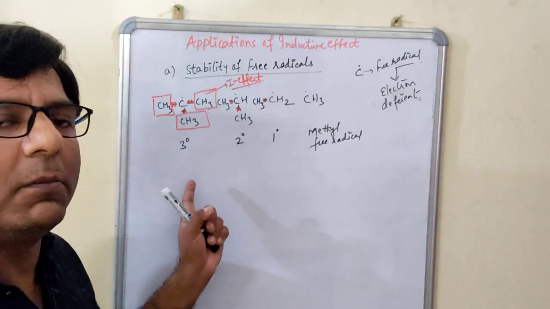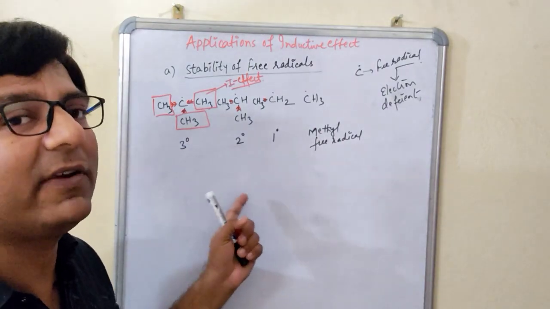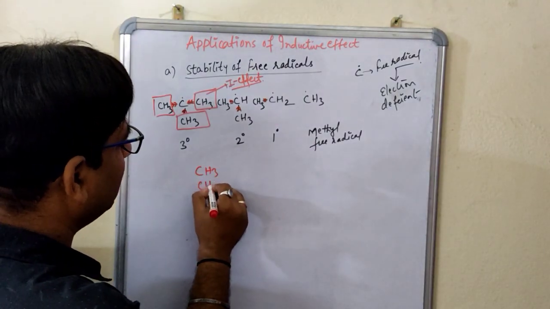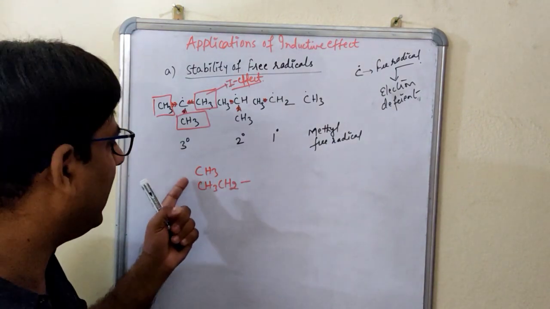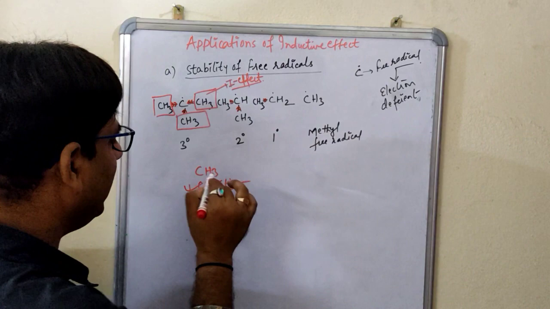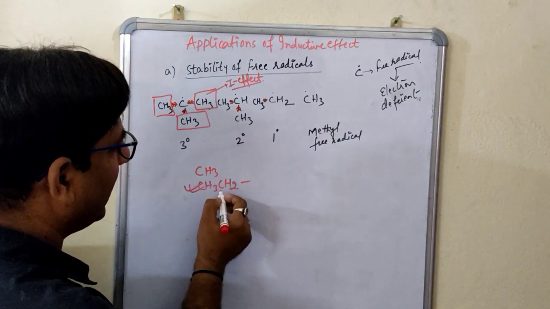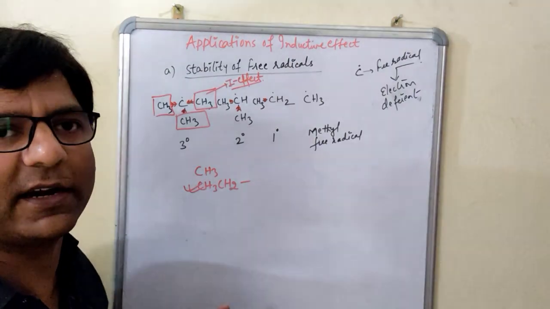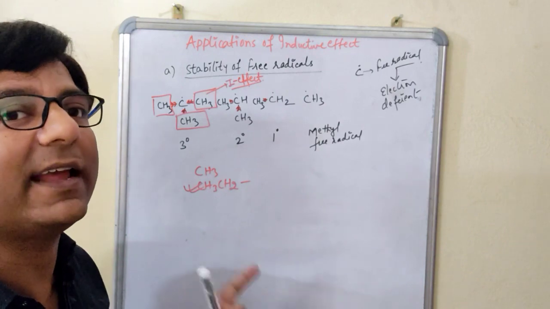But the thing is, more the number of carbon atoms that is attached to this alkyl group, the magnitude of plus I effect will increase. Okay, for example, if I have CH3 and I have CH3, CH2, like this. This is methyl, this is ethyl. So if I will ask you which will show the more plus I effect, of course the answer will be second. This is also the plus I, but this is more. Why? Because the number of carbon atoms is more than in this one. This is having 2 carbon atoms, and here it is having only 1 carbon atom. So as the number of carbon atom increases in the alkyl group, the magnitude of the positive I effect increases.